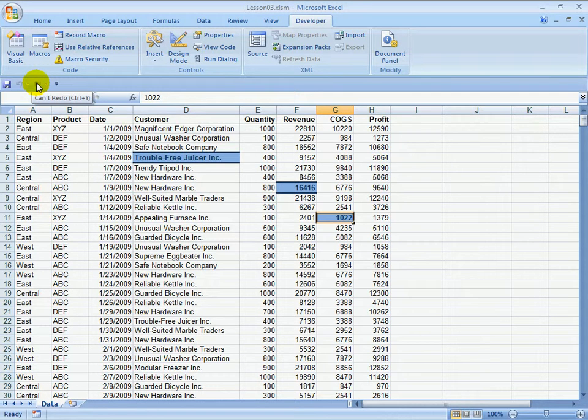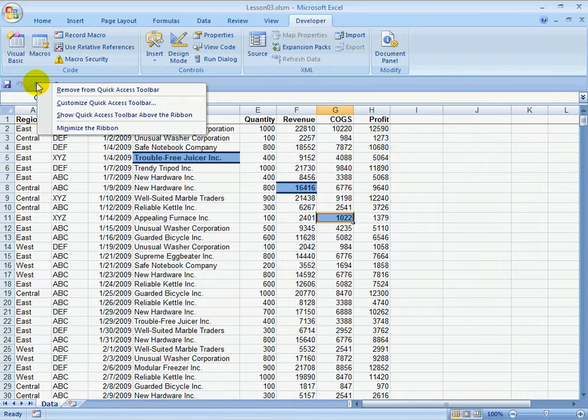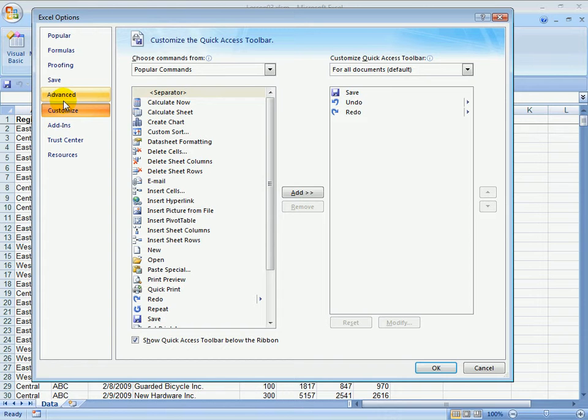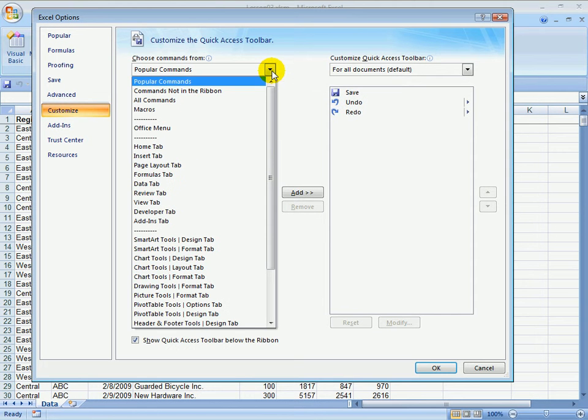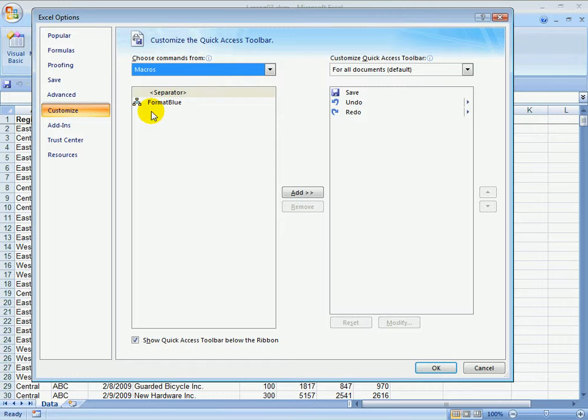Okay, so we want to add an icon to the quick access toolbar. We're going to right click and say Customize Quick Access Toolbar. It takes us into a certain category in Excel options, the Customize category. And in this case, we're going to open the left drop down and choose Macros. Now, we get a list of all the macros available to us, and you see there's exactly one, the Format Blue macro. So choose that and click